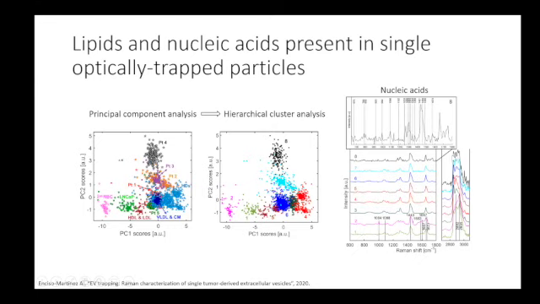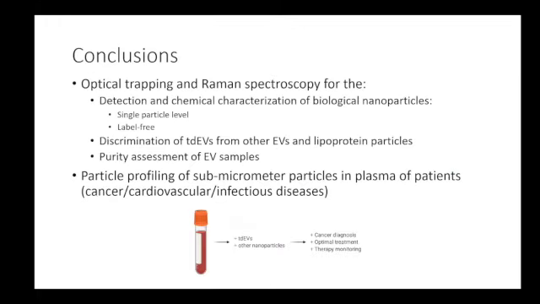It was already very interesting, but also because the profile that we see is also associated with lipids. And we trap particles, and I don't think with our setup we can trap just the circulating tumor DNA with the histones because it's too small to be trapped. But we do trap particles, and we see lipids and nucleic acids. So it might be that the particles that we are trapping are lipid particles, either lipoproteins or vesicles, associated to nucleic acids. This is something that we have to prove further, but it's still interesting to notice.